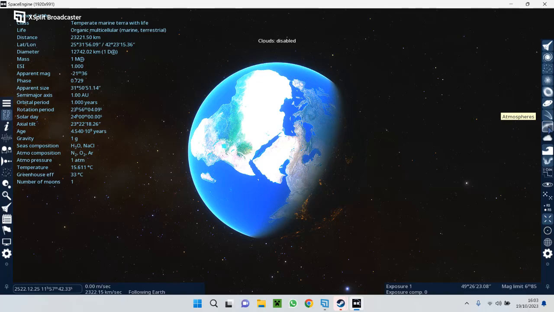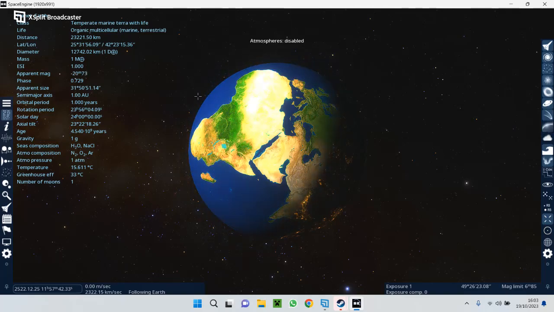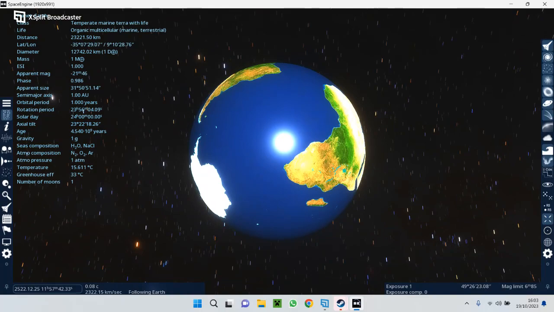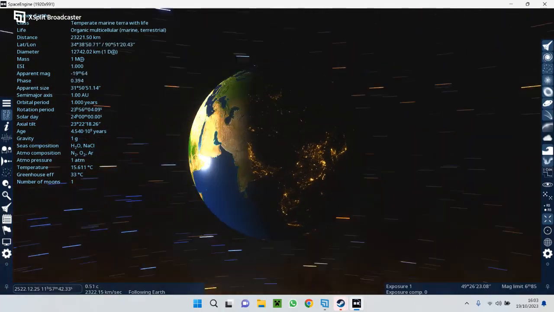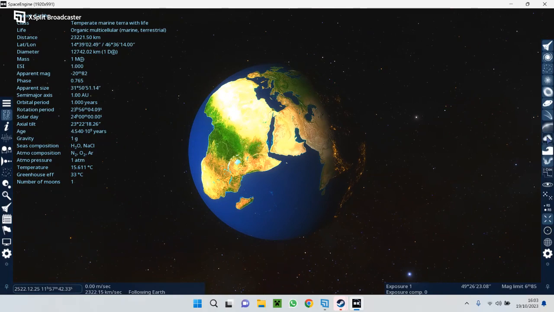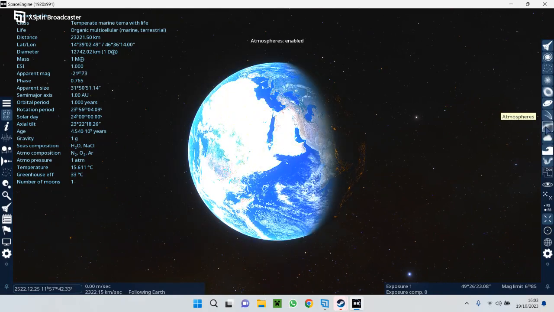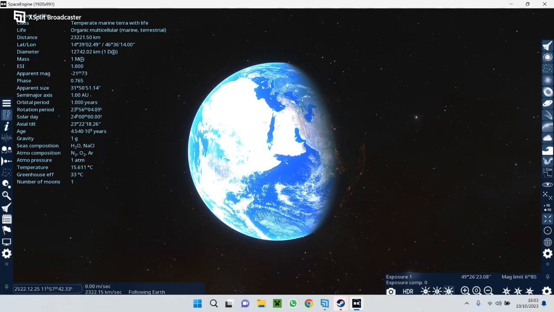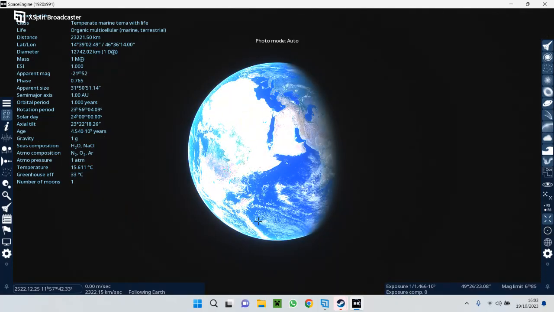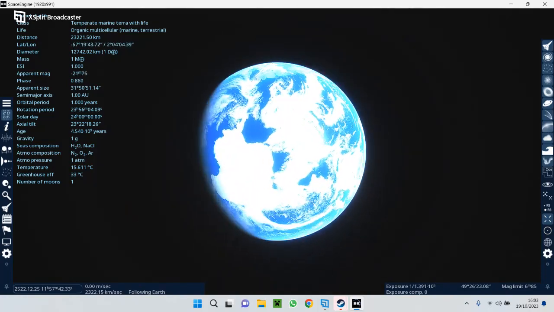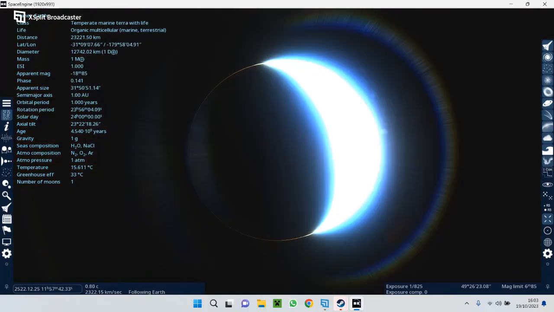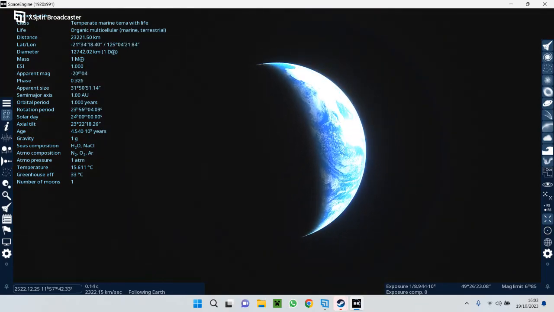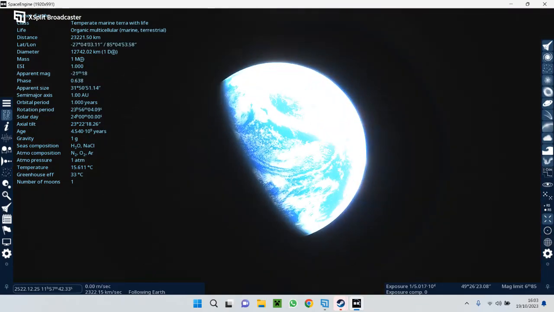Without its clouds and atmosphere, it just literally looks like a globe that you'd find in your room. That's what Earth would look like from a photograph, right here.